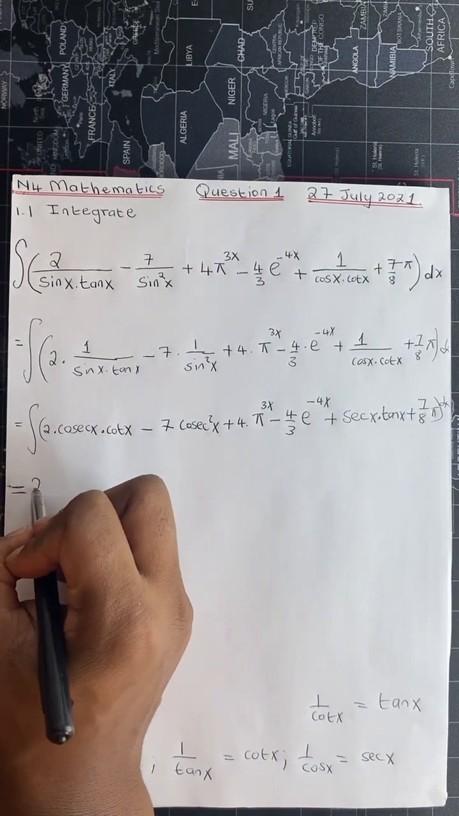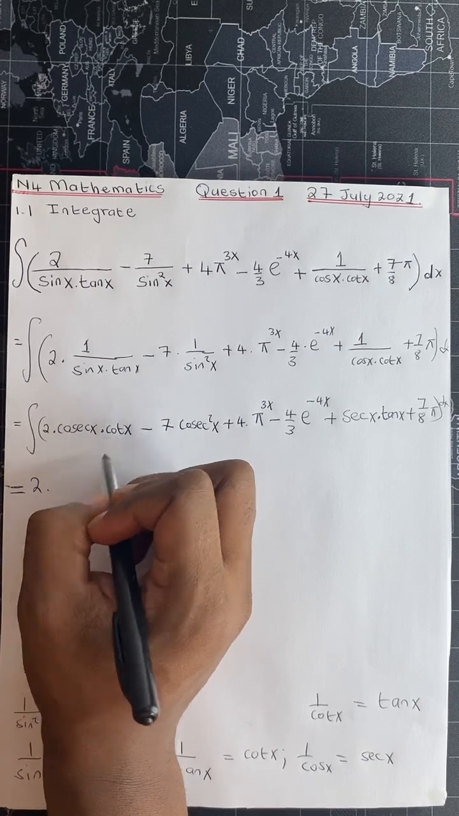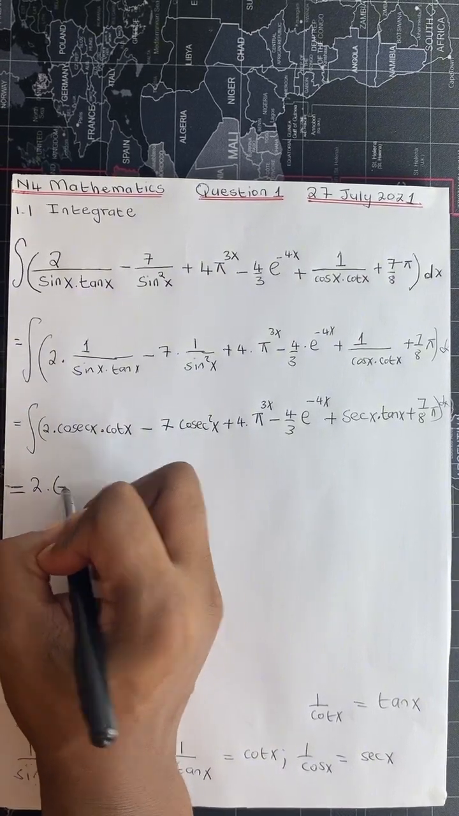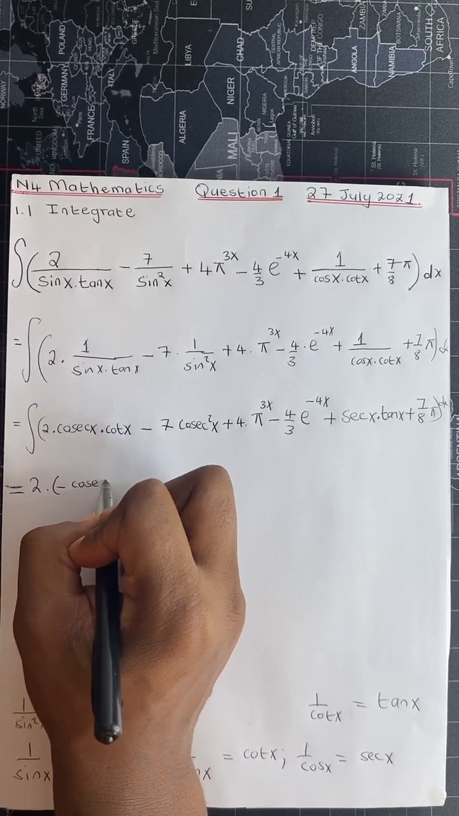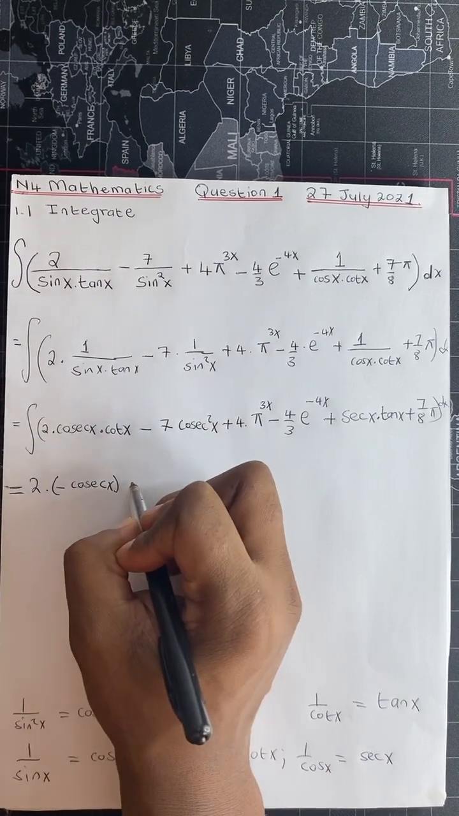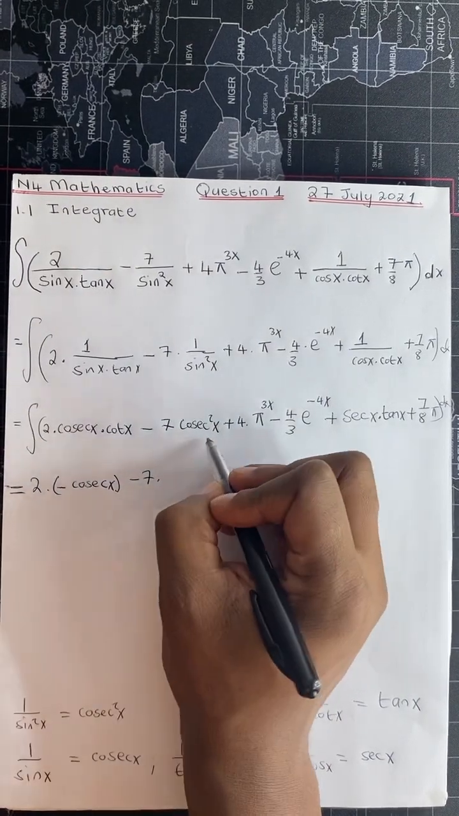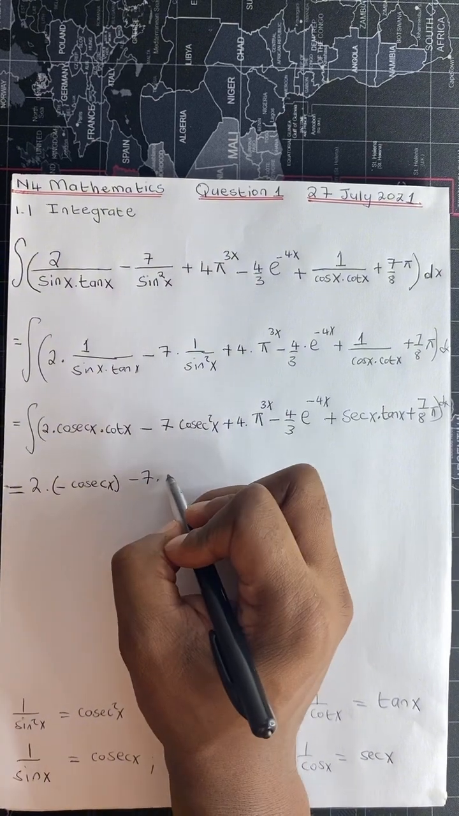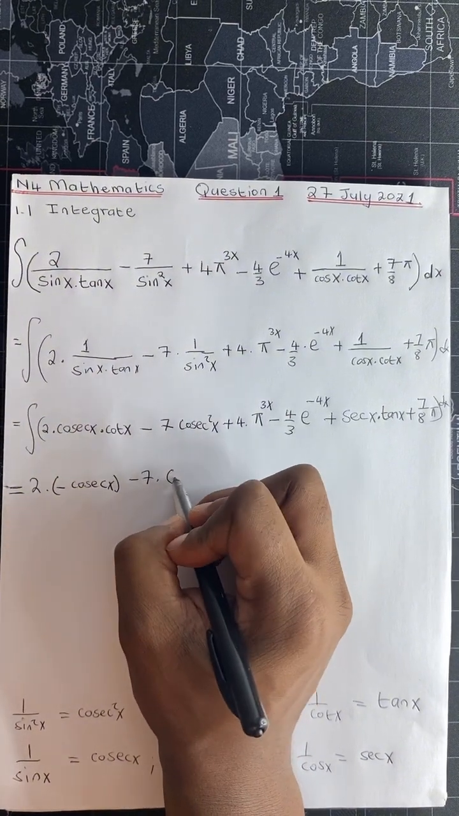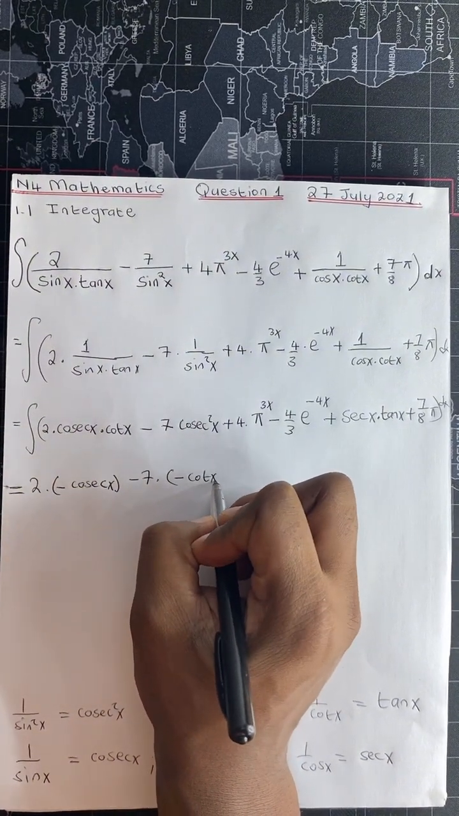So the integral of cosec cot x according to the formula sheet is equal to negative cosec x minus 7. The integral of cosec squared x, also available on the formula sheet, is equal to negative cot x